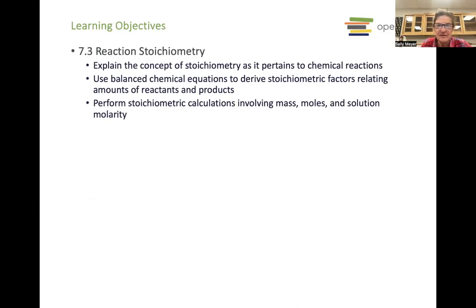Okay. I think this is where I decided we'd take another break because reaction stoichiometry will use these reactions, but it's a different idea. So I think it's a good time to take a break rather than to get started into it. So we will end up with 3 lectures for